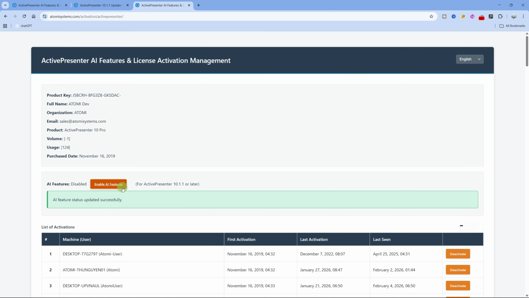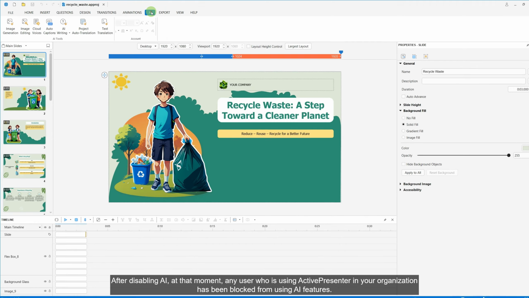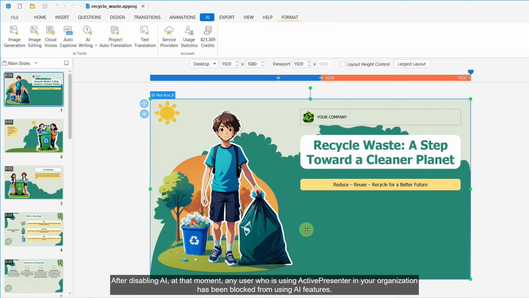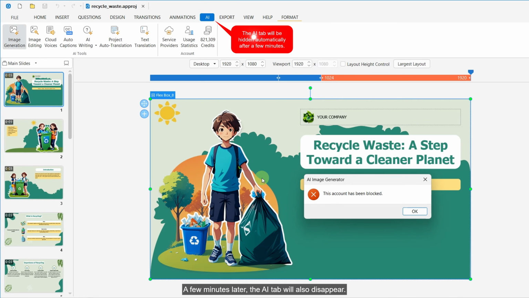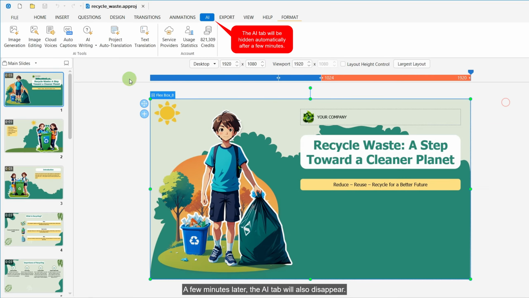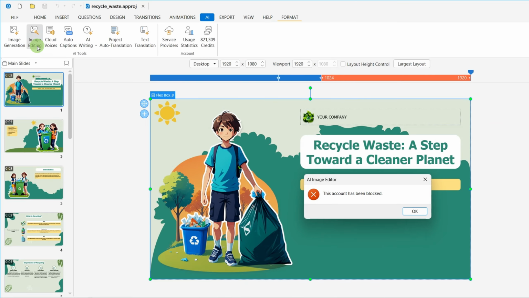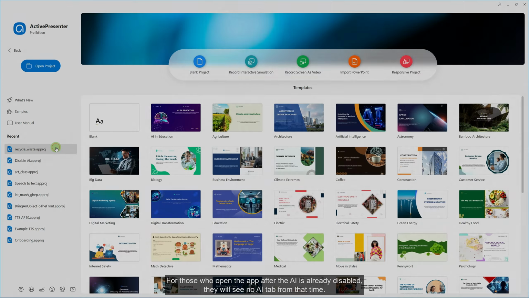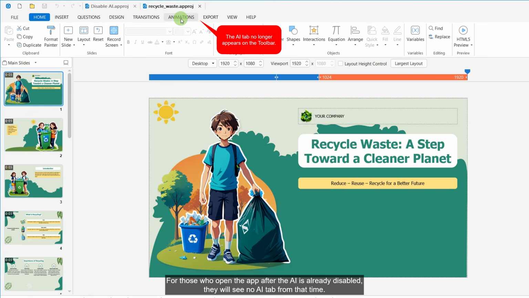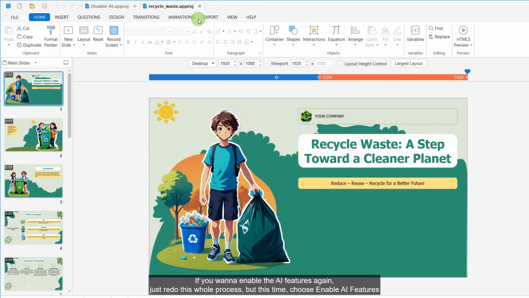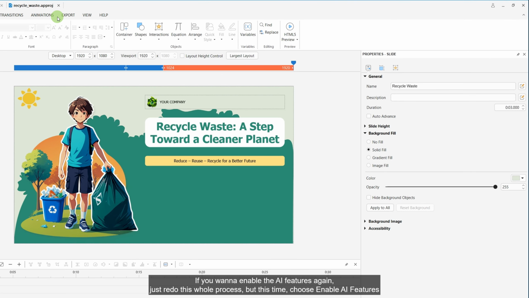AI features. After disabling AI, at that moment, any user who is using ActivePresenter in your organization has been blocked from using AI features. A few minutes later, the AI tab will also disappear. For those who open the app after the AI is already disabled, they will see no AI tab from that time. If you want to enable the AI features again, just redo this whole process, but this time, choose Enable